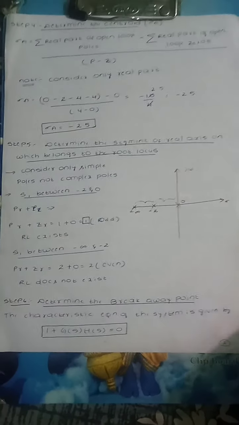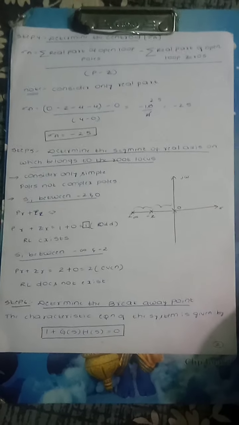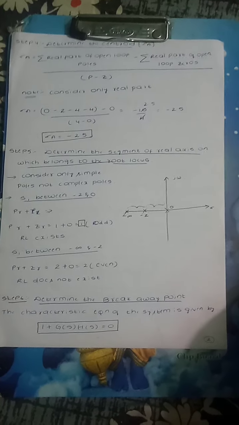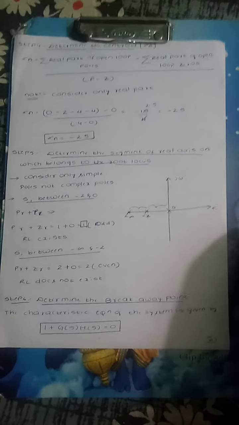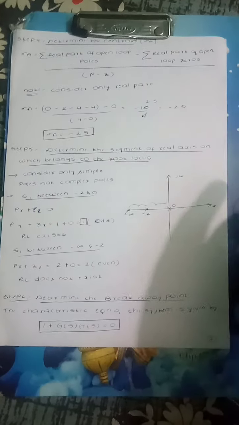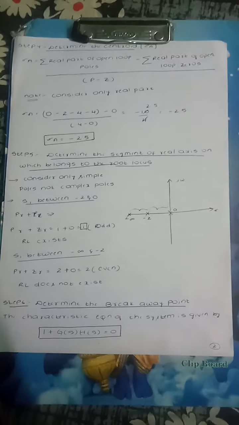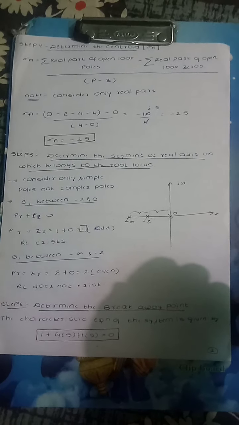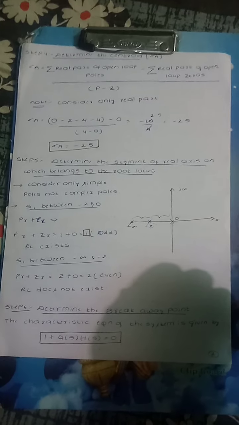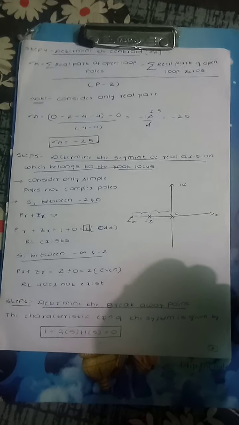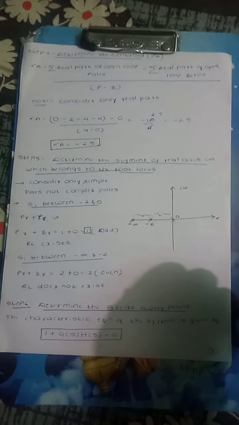As I told, in step number 4 you have to determine the centroid. Centroid is given by the sum of real parts of open loop poles minus the sum of real parts of open loop zeros divided by P minus Z. You have only open loop poles here, only consider the real part: 0, one real part minus 2, and in case of the 2 complex poles, minus 4 plus 2j as well as minus 4 minus 2j, you have the real part as minus 4, minus 4. So I'll take 0, minus 2, minus 4, minus 4, minus 0 divided by P minus Z, which is 4 minus 0, that is 4. So the centroid you can calculate as sigma a is equal to minus 2.5.